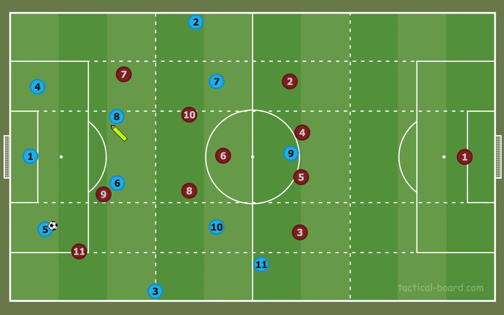Firmino would come, use his cover shadow, and Mane or Salah would come in the middle, so it would force the team in possession to kind of play through the center into chaos,